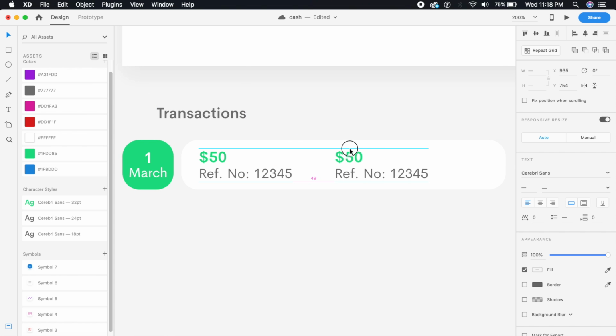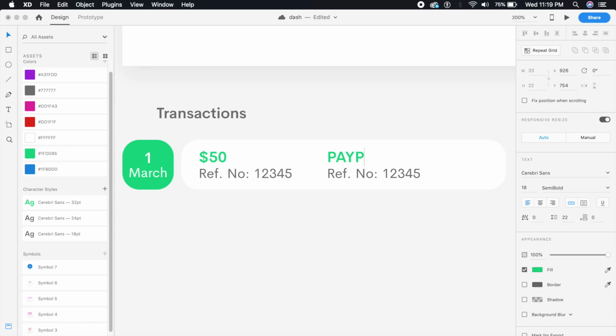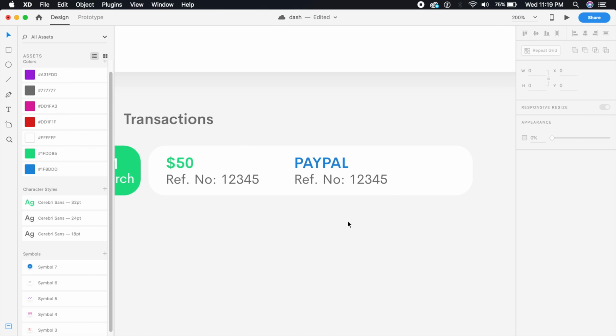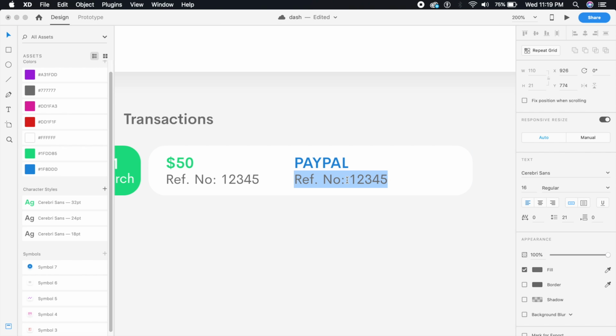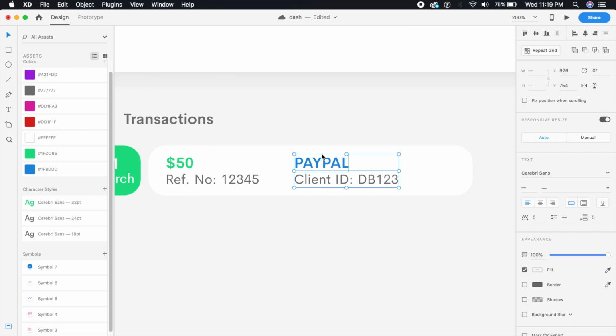what vendor has given us this money. So here we'll say PayPal. So we've received this money through PayPal. So I'll give this a blue color, just a neutral blue color, and here I'll say client ID, so the person who sent it, or PayPal's ID, so a DB, I don't know, 1 2 3, anything. This is just dummy text, so that is what I'm using, and I'll just place this slightly to the right,